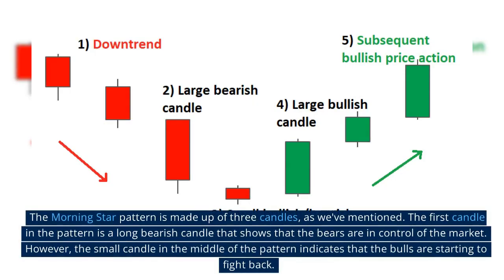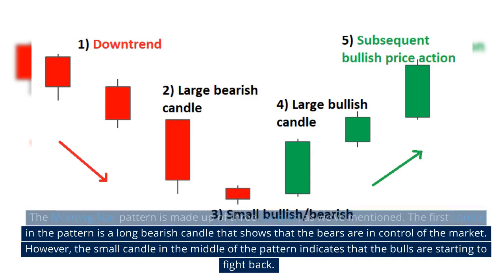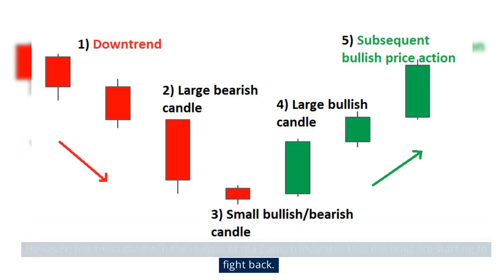The Morningstar pattern is made up of 3 candles, as we have mentioned. The first candle in the pattern is a long bearish candle that shows that the bears are in control of the market. However, the small candle in the middle of the pattern indicates that the bulls are starting to fight